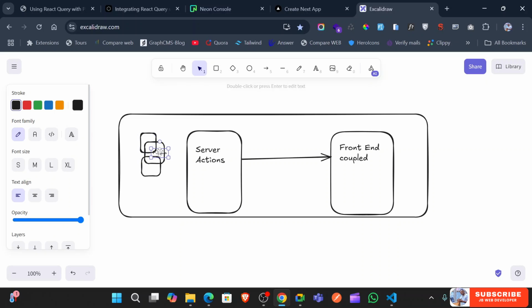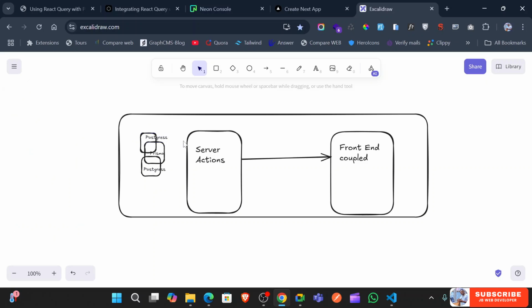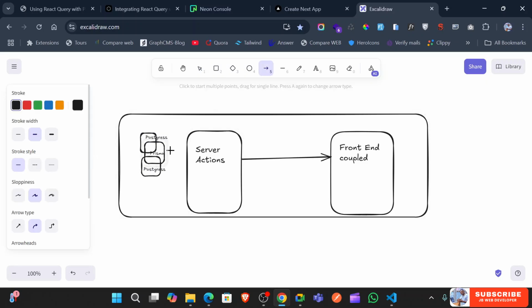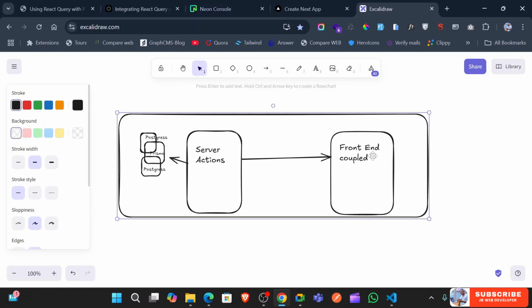You can use maybe MongoDB, or right now we are using Postgres. Then you can use other tools for the backend. It really doesn't matter. So as you can see, server action is working with these to supply our front end,